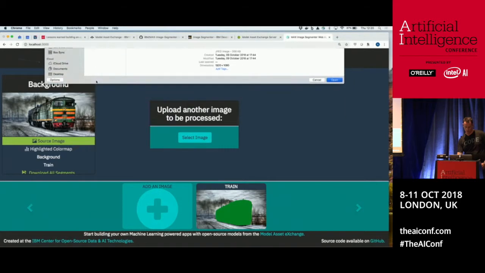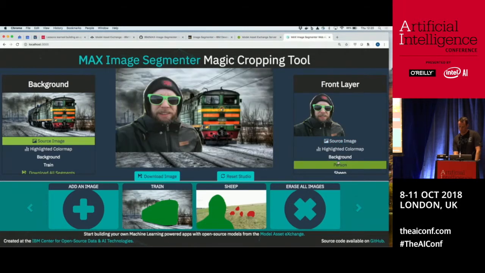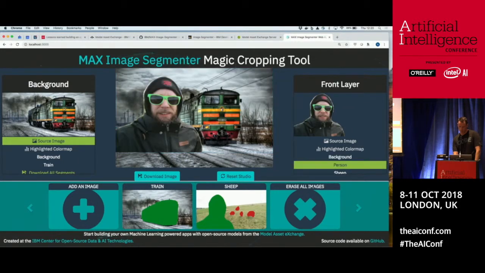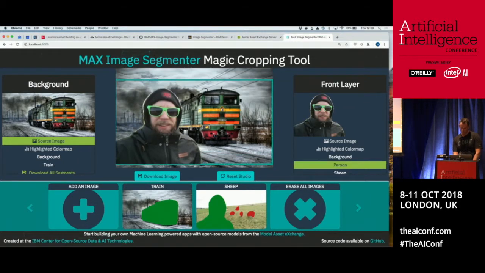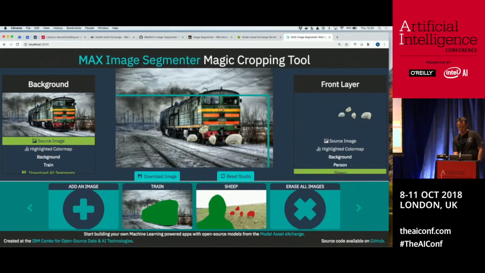So let's say this image of a man in front of some sheep, and again it's identified some people, sheep. We can kind of crop that out. So if we want to put him in front of the train, we can just move him over there. Or maybe want to add some sheep in front of the train. Well, that would probably be a bit of animal cruelty, so put them off to the side.